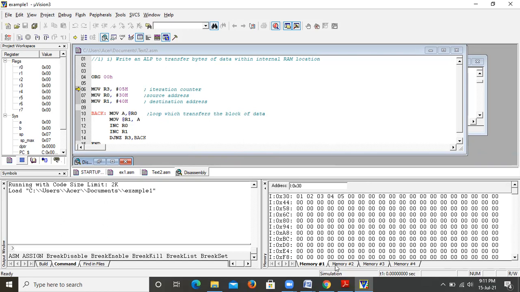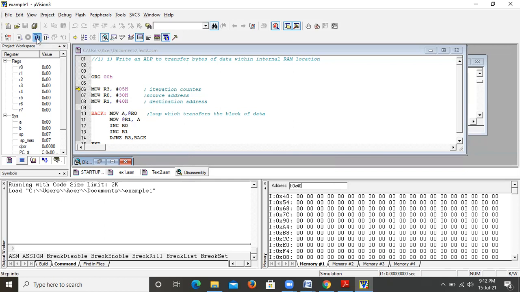Now what is our second job? These values should be transferred to the 40 location. Okay. So take the second memory, or the same thing can be observed here also. So the 30 values are 01, 02, 03, 04, 05. So where should our answer be? It should be in the 40. So take 40 address, enter. So now in the 40, all are 0. Okay. Now we will start running the code.